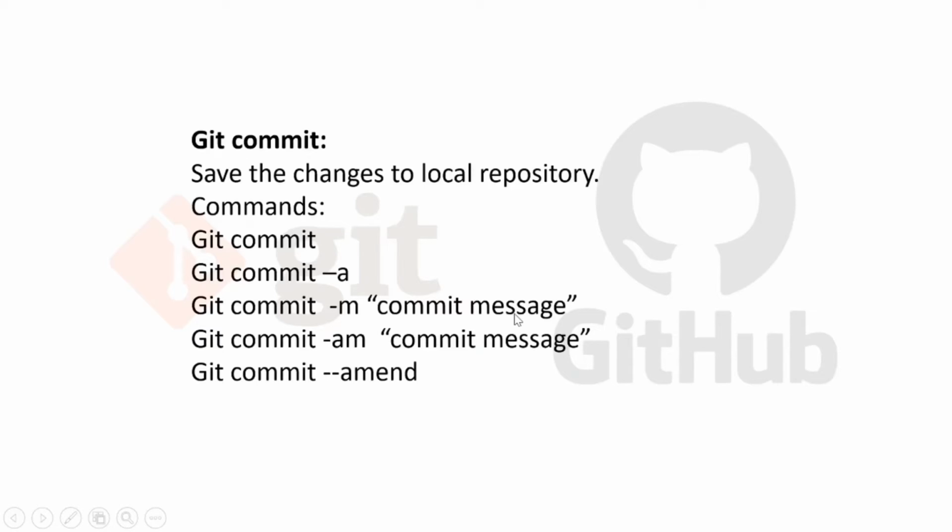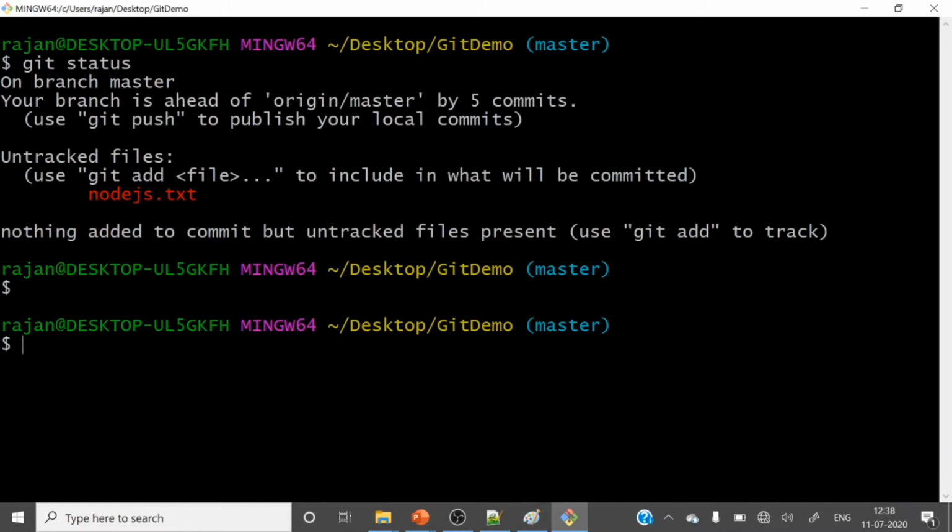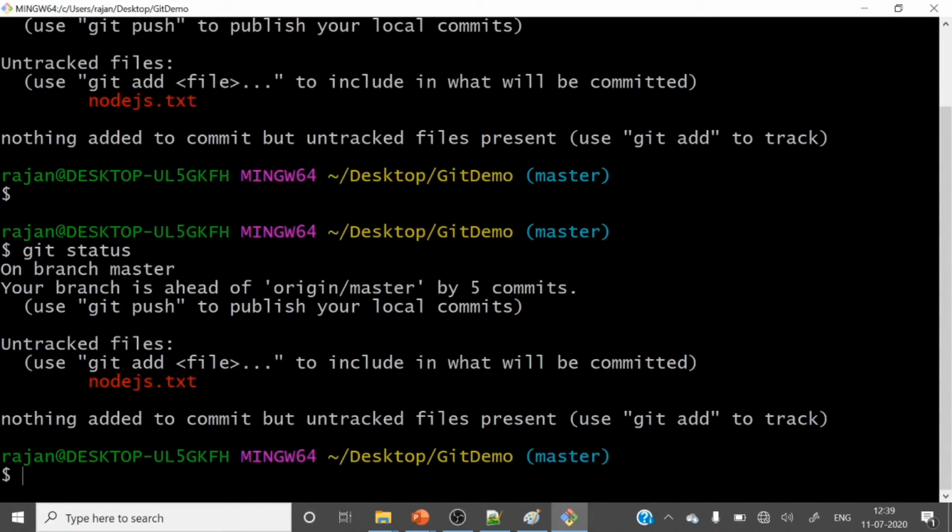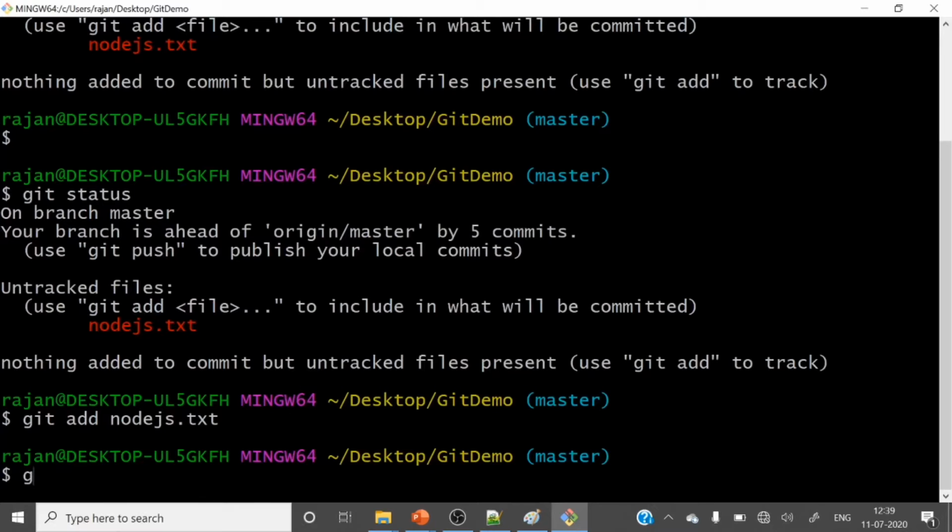So let's see this command. git status. This file is there, right? Node.js.txt. It's an untracked file. Let's test this one. Git add node.js.txt. It's added. Hit git status to check.